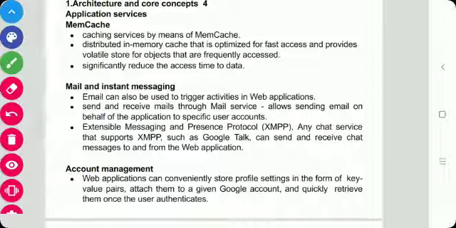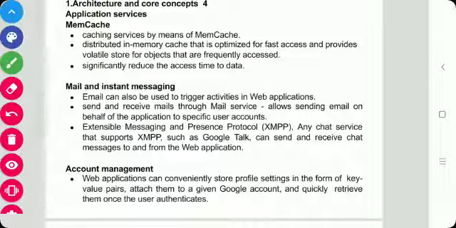Here, like in our computer system, the datastore is like our secondary memory and Memcache is our cache memory. The frequently used data is put into the cache memory, and the datastore contains the data which is not accessed frequently.